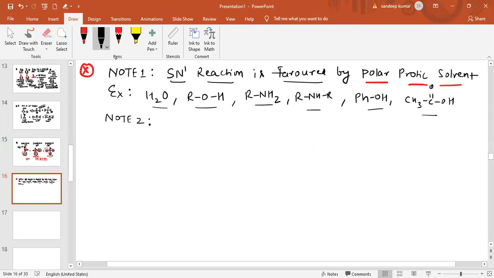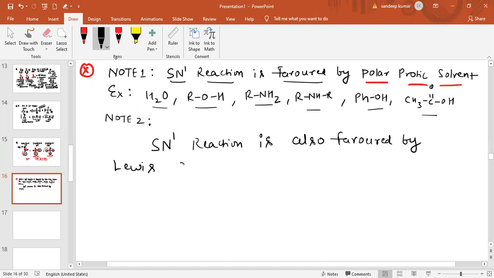SN1 reactions are also favored by Lewis acids, like AlCl3, which is a Lewis acid, and ZnCl2, which is also a Lewis acid, and super acids like